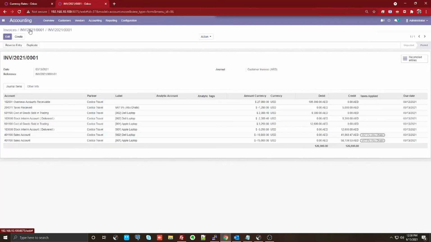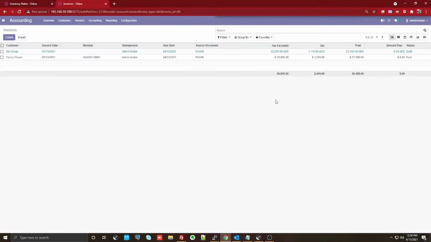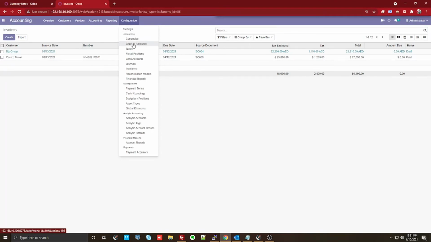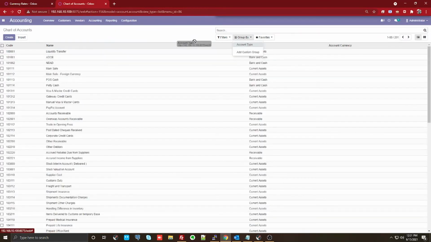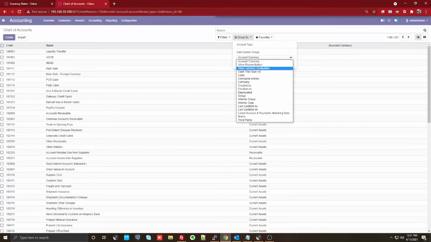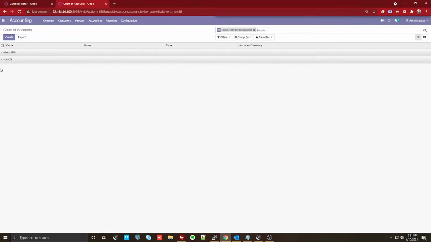Now, the second kind of scenario which you could have is with respect to doing monthly currency variations to be tagged into the system and managed. So what I'm doing here is I have the functionality inside the system where I can define what all accounts are required for the purpose of monthly currency revaluations. So if you come down, out of these 201 accounts, I have just selected two accounts.